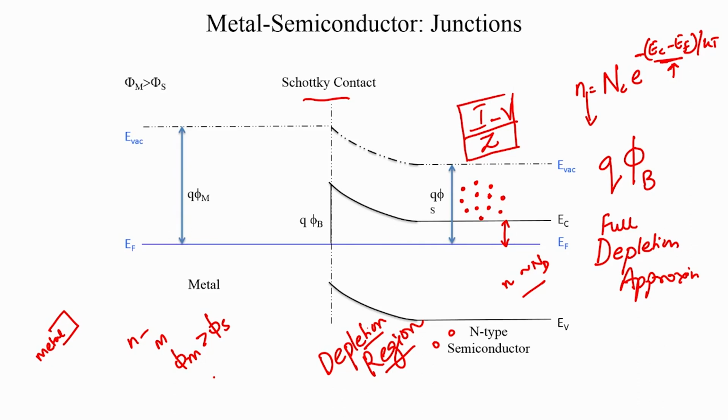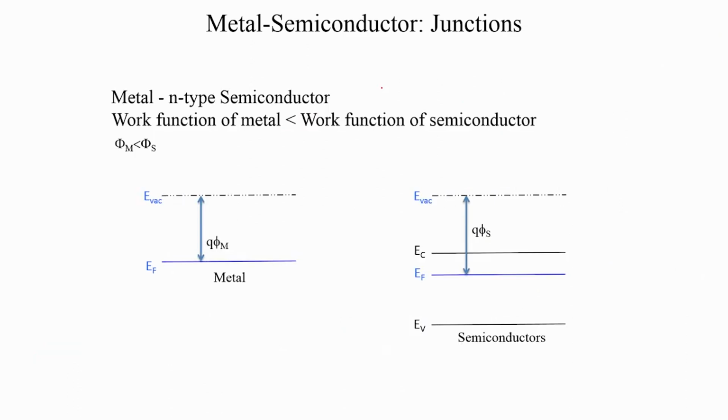So now let us just proceed. Let's move on from the Schottky contact and proceed towards the other kind of junctions. Let us say we again have a metal semiconductor junction, and the semiconductor is still an N type semiconductor, but this time we will let the work